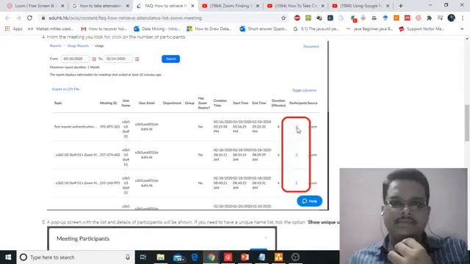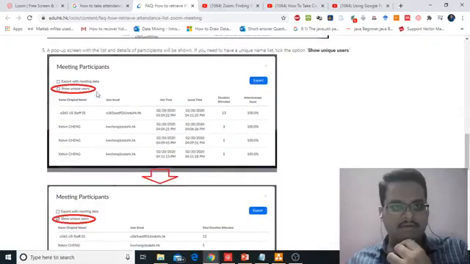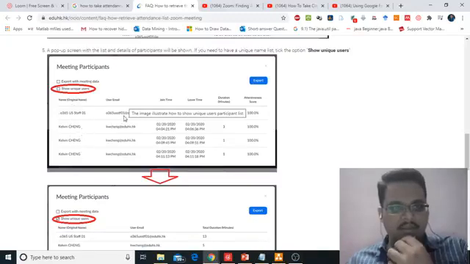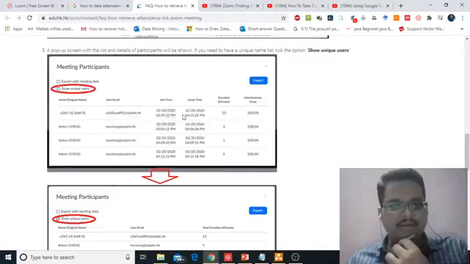Under that, you will see the Participants column. Here you will get the links for going to the next step. So if you want to take the attendance for a certain meeting or class, you just click on the participants number. Then it will display another screen where you'll get the names of the users or the students who have attended the class, their mail address, joining time, leave time, and duration. Like this, you'll get the table.